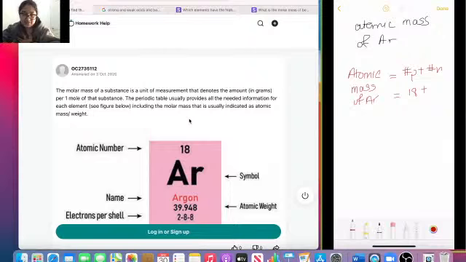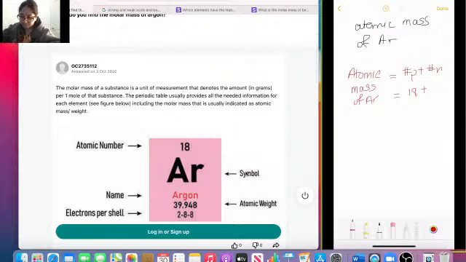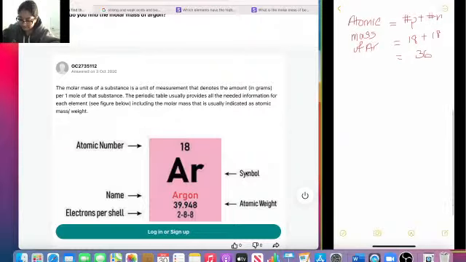your atomic mass is given in your periodic table, for argon it's stated here as 39. So we can assume that you get your number of neutrons from your atomic mass minus the number of protons. But let's say the atomic mass was not given, so you would assume that the number of neutrons is 18, and you can say that this is 36. However, in most cases they will give you the number of neutrons or the atomic weight,